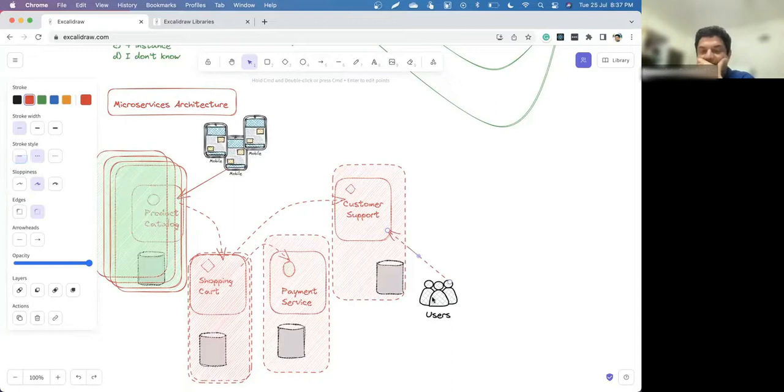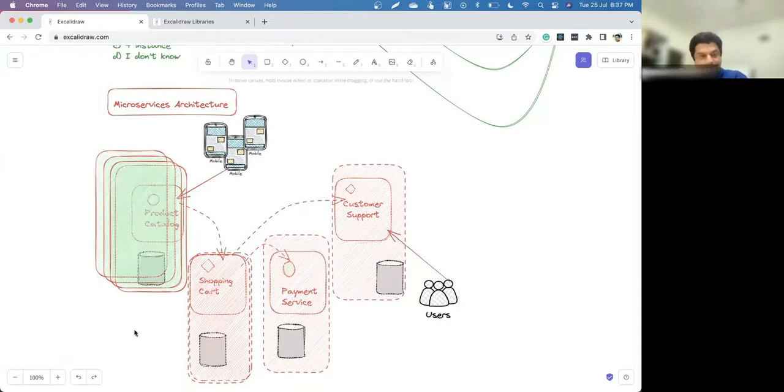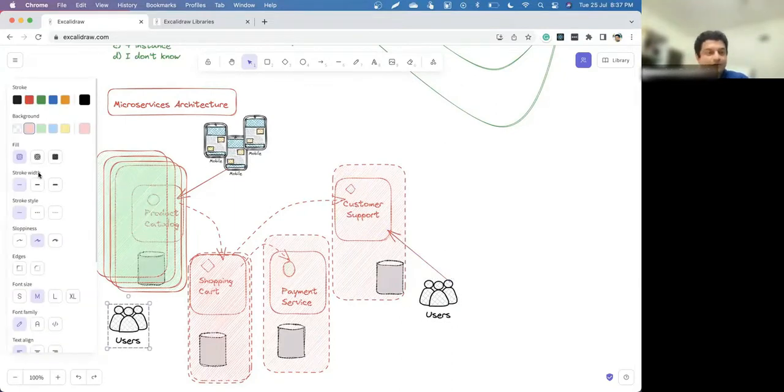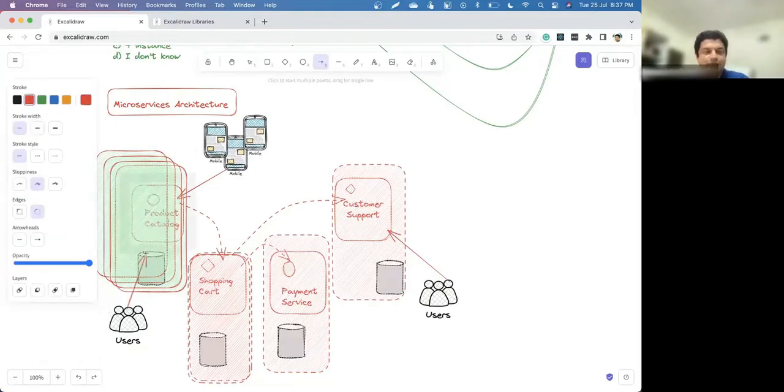So one team can work here and this team can also work in this particular module. Maybe they have to worry very little, only when they are changing the web service. But internally they can make any changes, they can change the algorithm, fix the bug, and keep deploying their code here without making any changes to the other